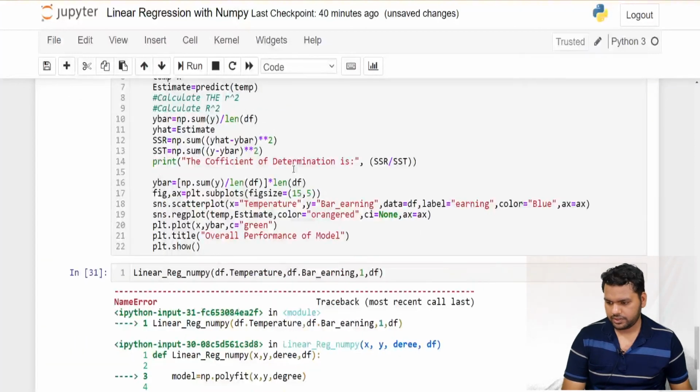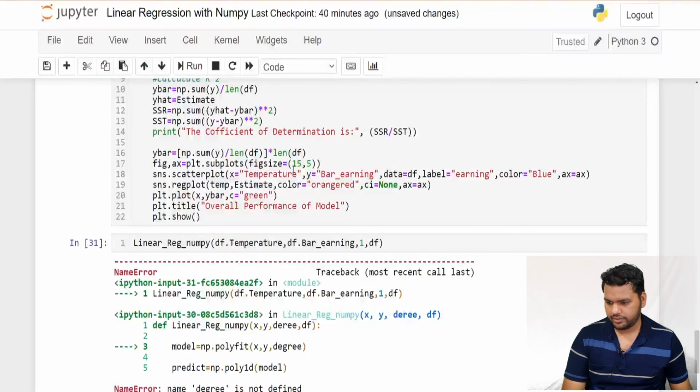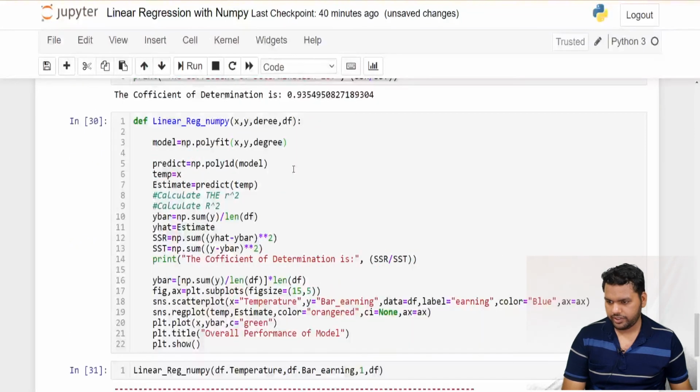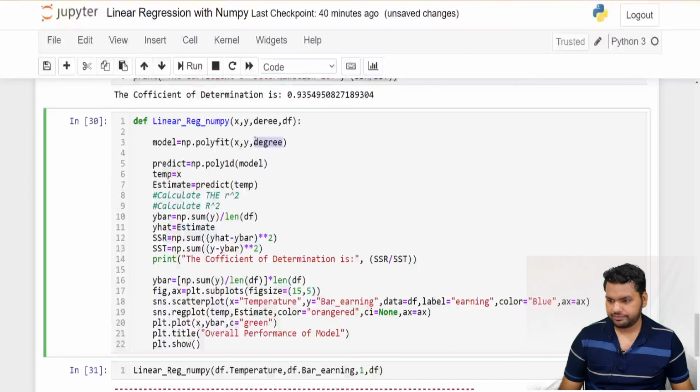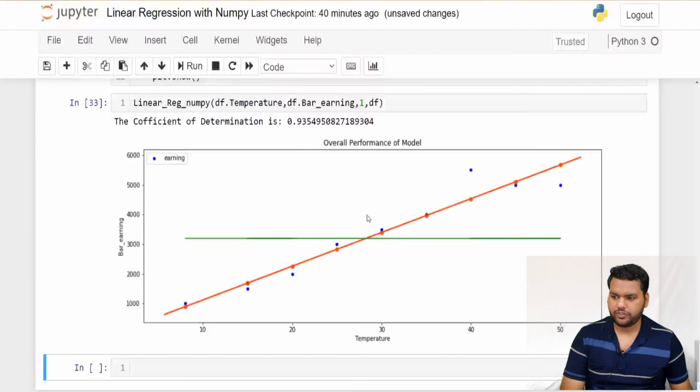No, see, degree is not defined, degree should be defined. So okay, there is a spelling mistake. Okay, yes, this is what we get.